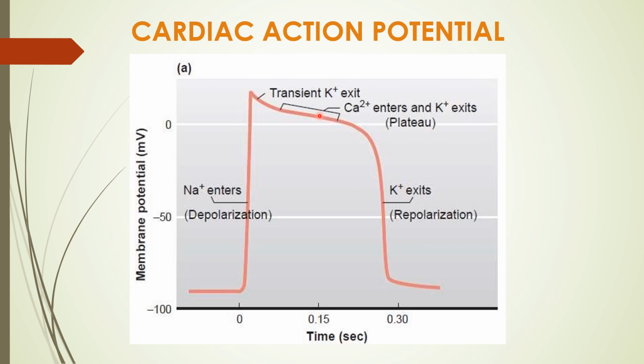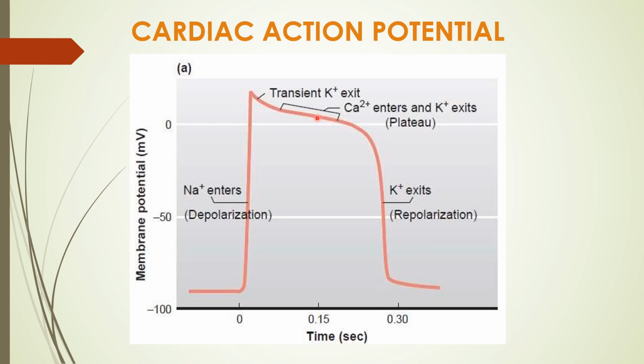The membrane potential falls very slowly, only to minus 40 millivolts. Here from minus 50, around here, slowly the potential will be falling. It will last for 100 to 200 milliseconds. So this is 5 to 15 times longer contraction time of the cardiac muscle as compared to the skeletal muscle. So this long plateau phase is the reason for the long contraction time of the cardiac muscle.